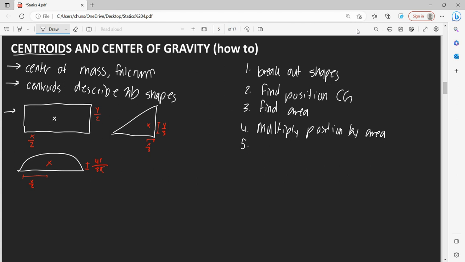And then with our sums, we can use our total area to find our center of x, center y, and our center z